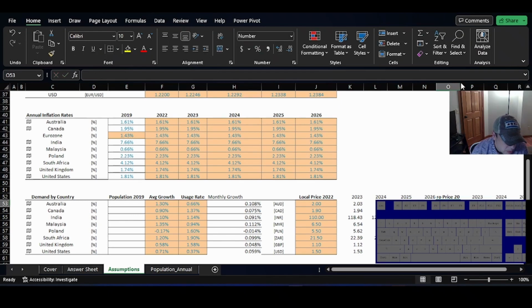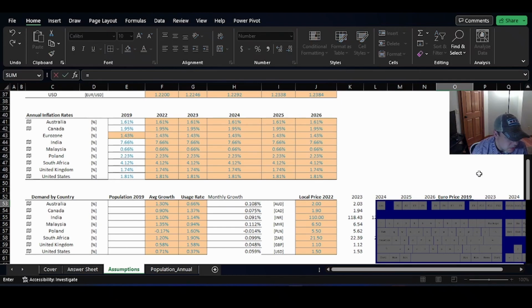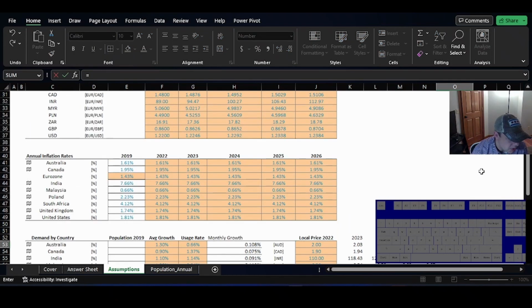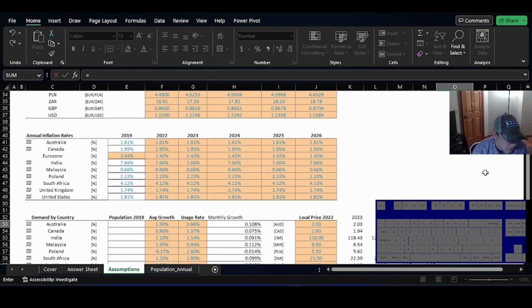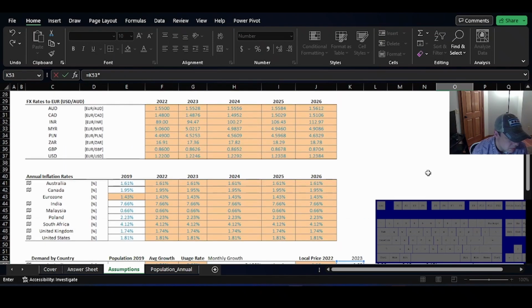Okay, so equals, where's the euro price? Okay, so there it is. 1.55 euros per Australian dollar. So that times